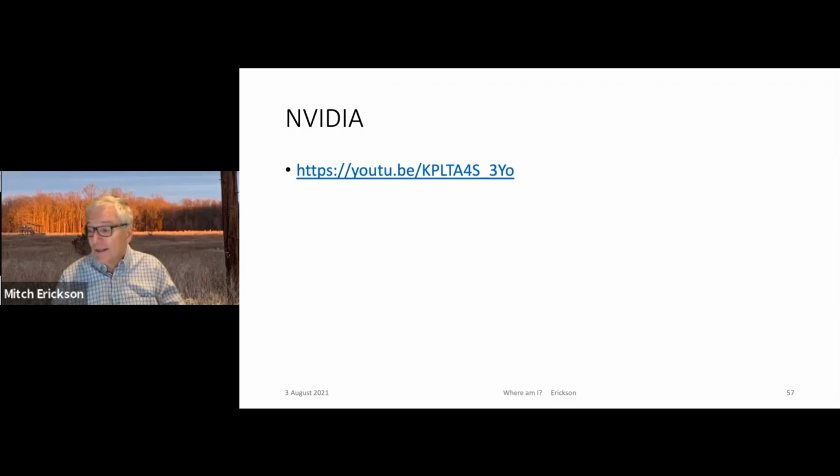Nolan, you and I have talked about NVIDIA ad nauseum. But if you don't know about NVIDIA, ask any kid under the age of 30. NVIDIA was a high-end add-on chip to computers a few years ago. Still is, with a GPU, graphic processing unit, and having an NVIDIA chip in your computer allowed you to really have the best gaming computer. And so NVIDIA has branched out a lot, and they are now in the business of